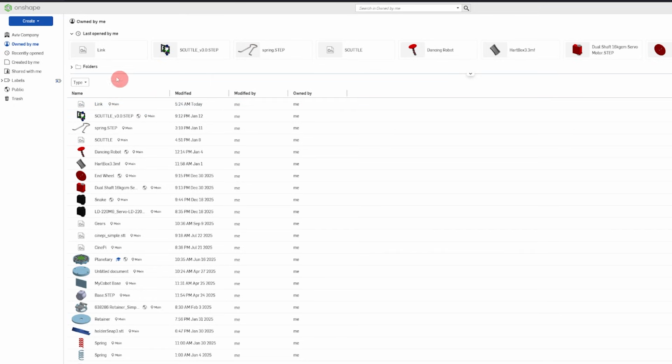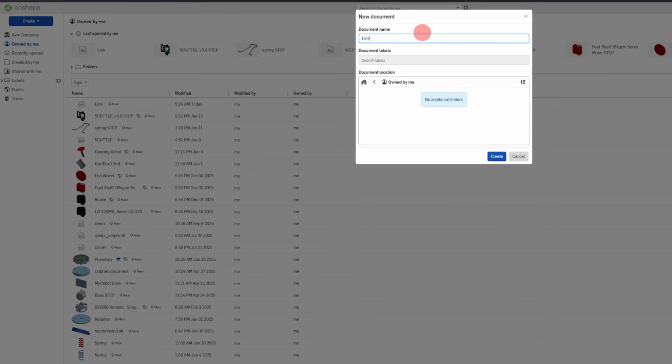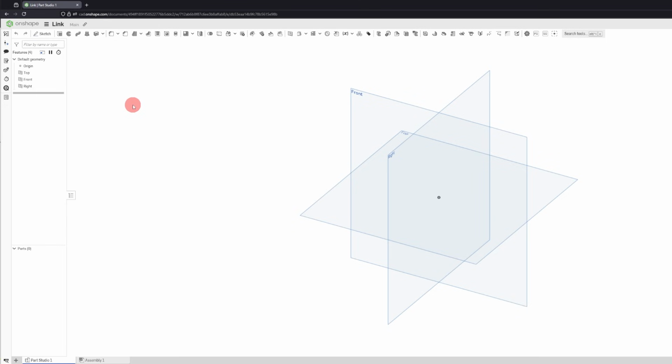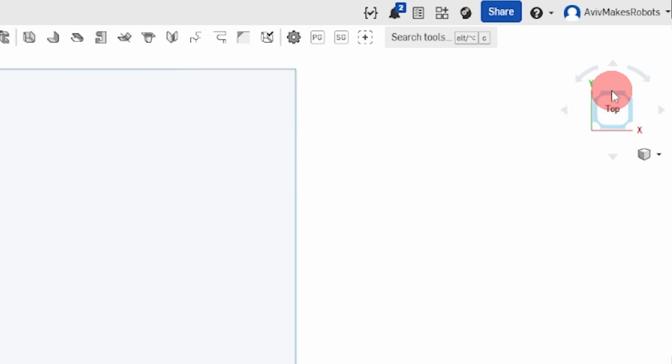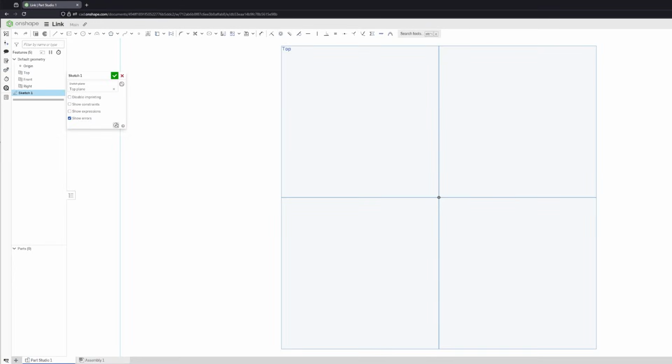We're going to start by coming over here to create, and I'm going to click on document. We're going to type in link, and I'm going to hit create. Now I'm going to click on top, and I'm going to click on sketch, and I'm going to come over here and rotate to the top plane, and I'm going to click on line, and I'm going to make a